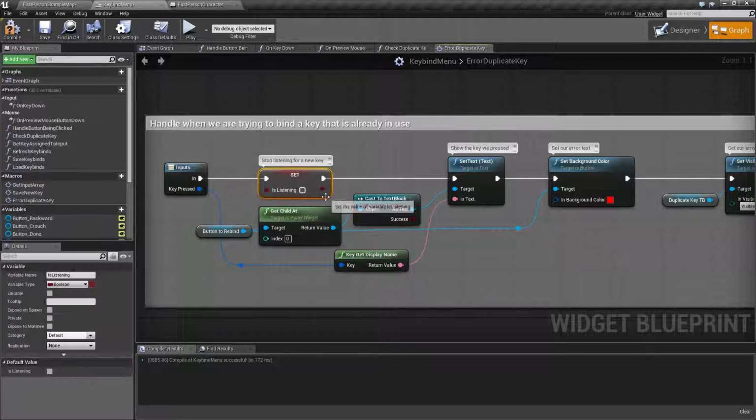We stop listening for a new key. I tried a few different ways of having it continually listen for new input if you fail input, until you got it right. But in terms of user experience, it's a little bit confusing because you might click to rebind, you might push